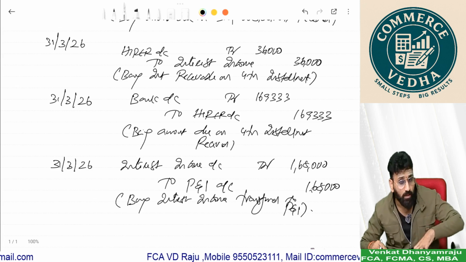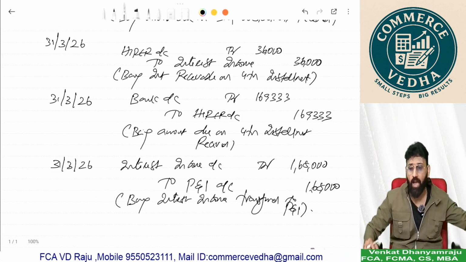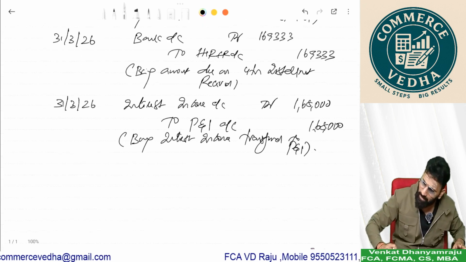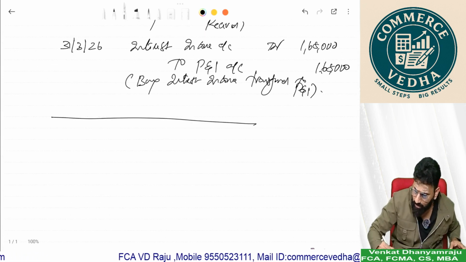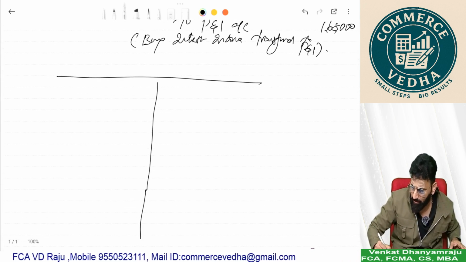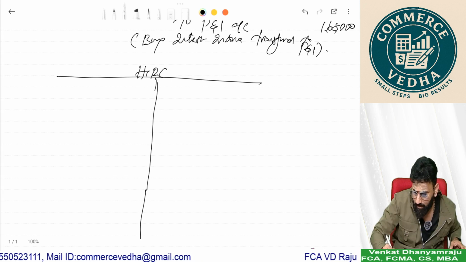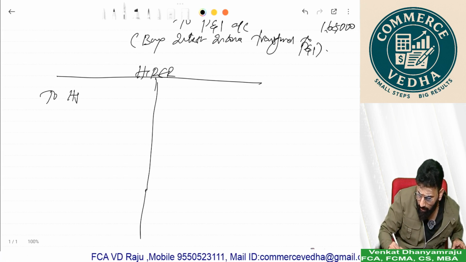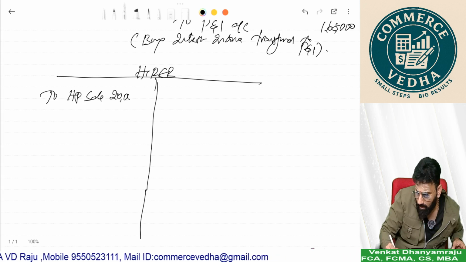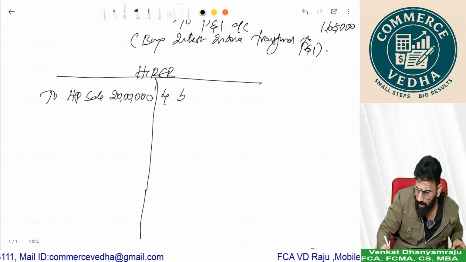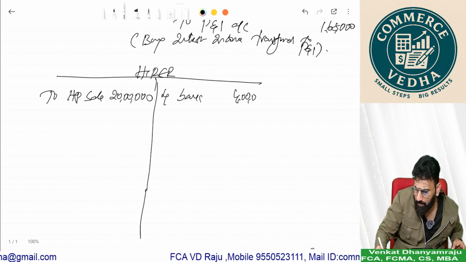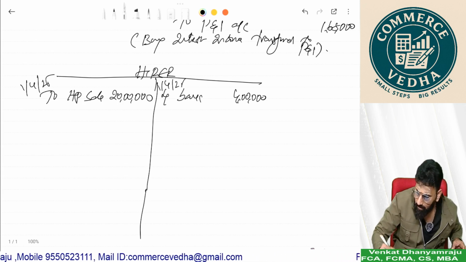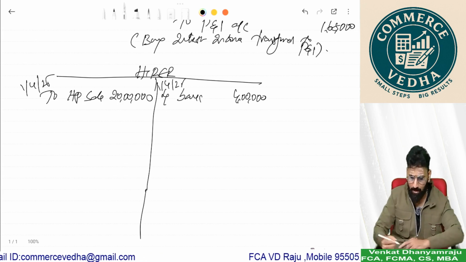Though you are the legal owner, the beneficial owner is the hirer, and the asset is already recorded in the books of the hirer, who claimed the depreciation. So here you can prepare only one account. Interest account you can prepare anyway, but the important account is the hirer. So what should you write? Receivable, right? To hire purchase sale 20 lakhs, by bank 4 lakhs. What date? 1/4/25. And then every time receivable